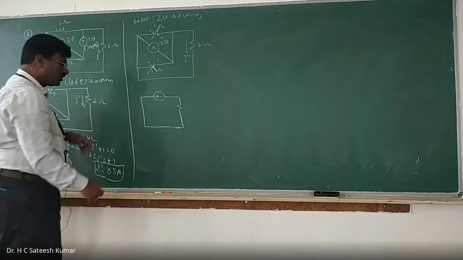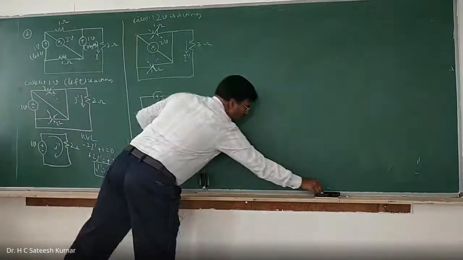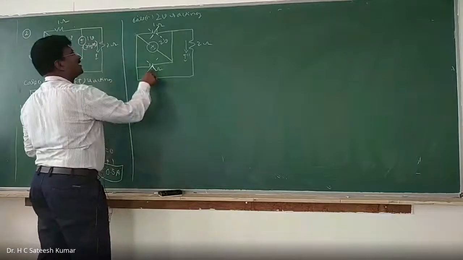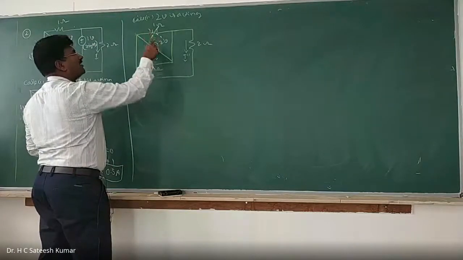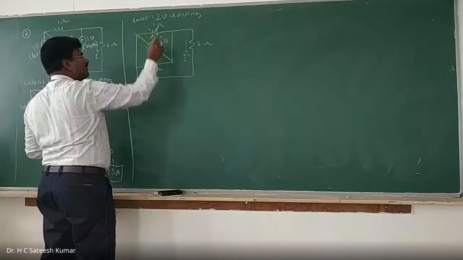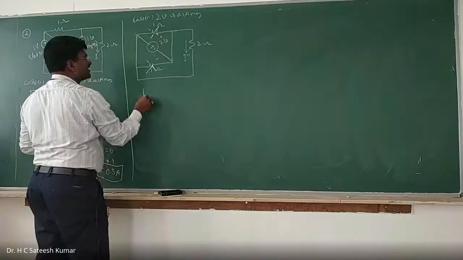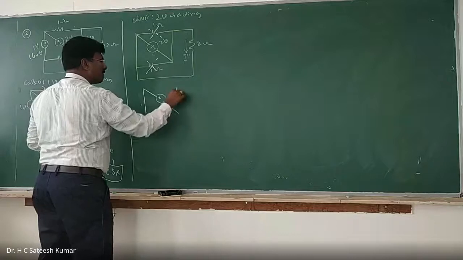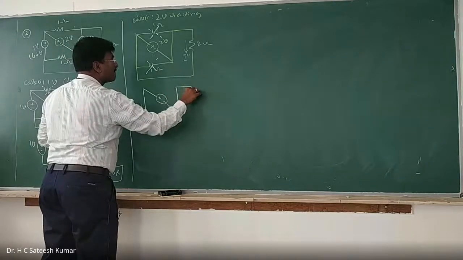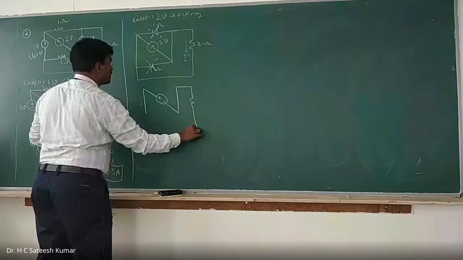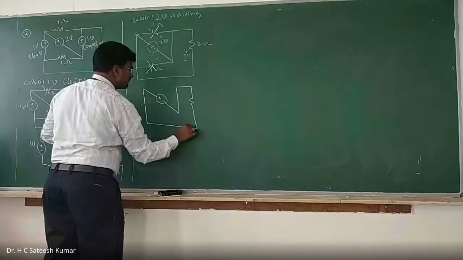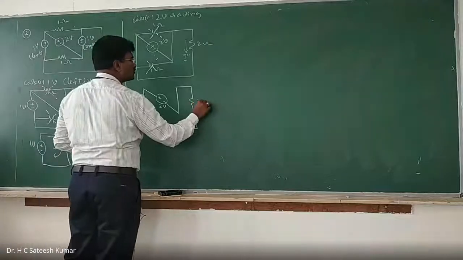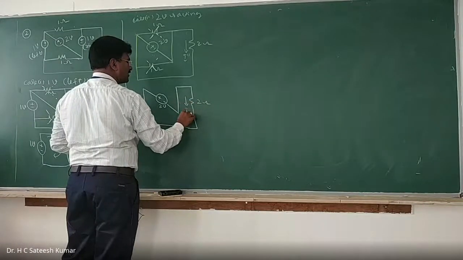Or if you want, you can retain the shape itself. If the confusion is there, retain the shape. Okay? This will become redundant because it's parallel, we are eliminating. This will become redundant, we are eliminating it. So now I will write it, retaining the shape. Same only. Okay? This way. This is 2 volts, 2 ohms, I double dash.